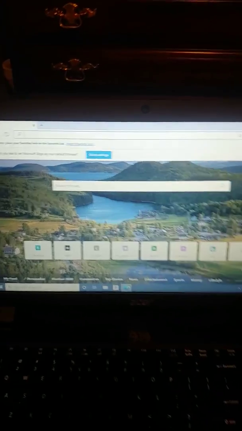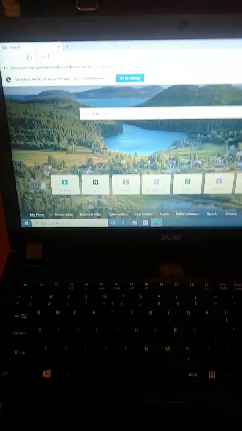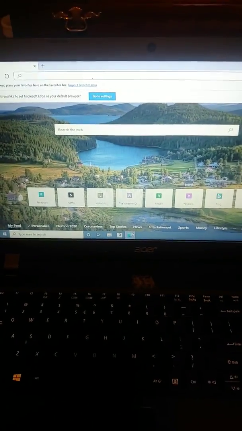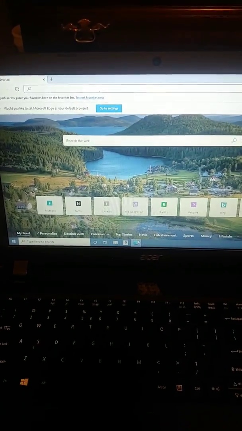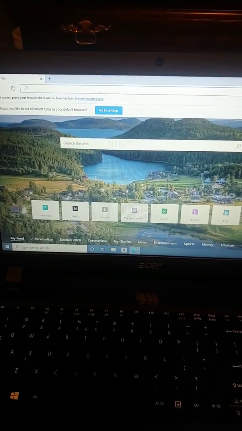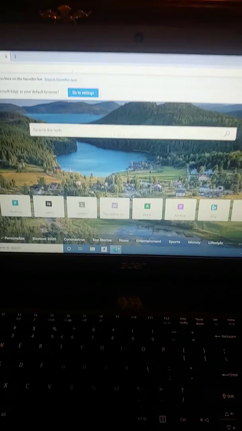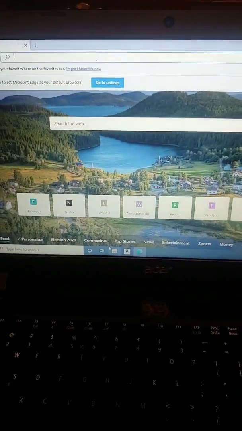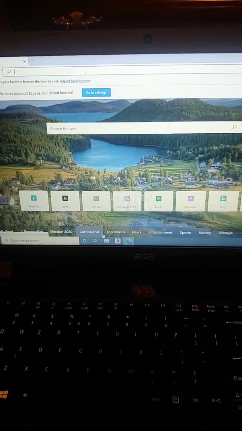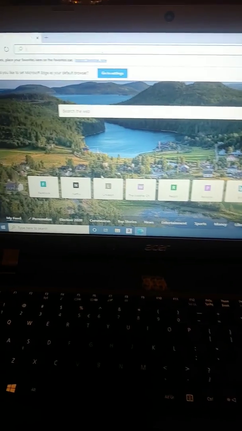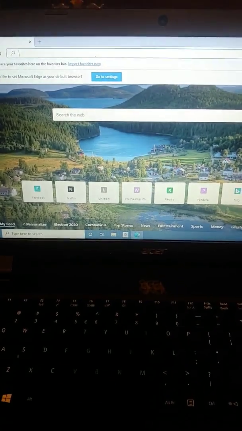I just wanted to give you a quick little tutorial on how you can access Google Classroom from your home computer. If you're working on a Windows-based computer, then you would want to use this way to get to it. Microsoft does not have a Google Classroom app through their store, the Microsoft Store. So if you're working on a home computer, the easiest way for you to do this is to download the